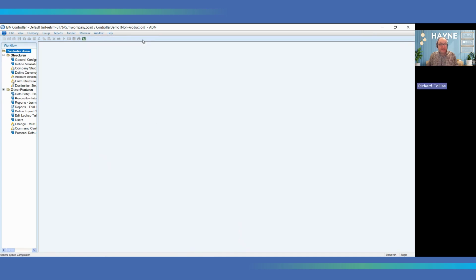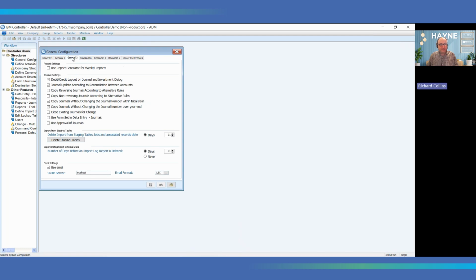And we go into this one. And you can see that there is a button for deleting import from staging tables. You choose how many days you want to keep of data. In this case, I've chosen to keep 31 days of information. So anything older than 31 days will get deleted once I press this button. So press this button